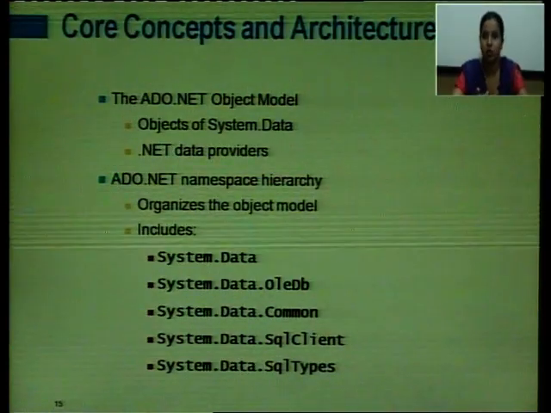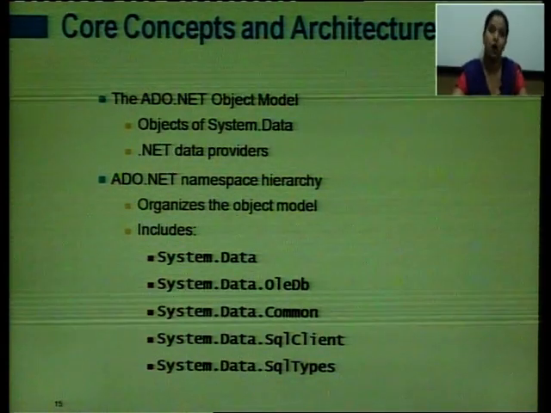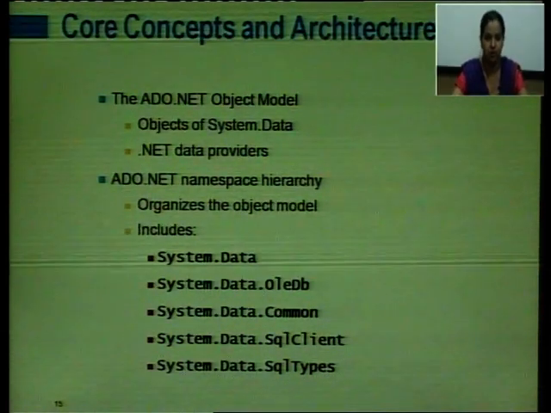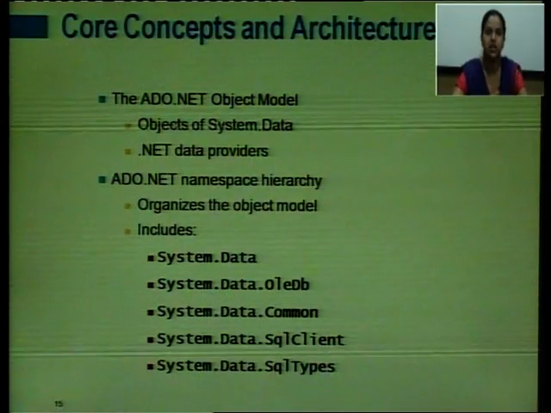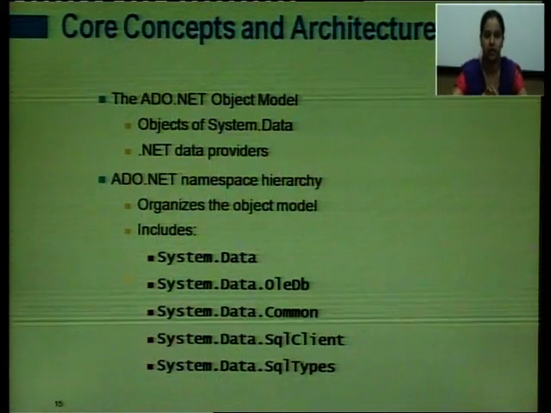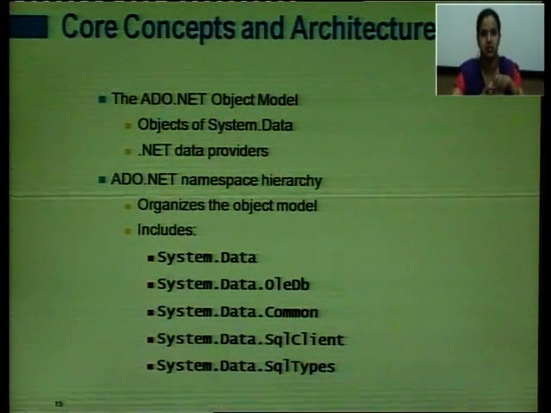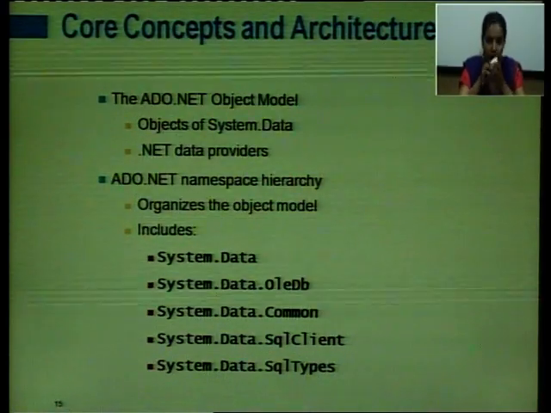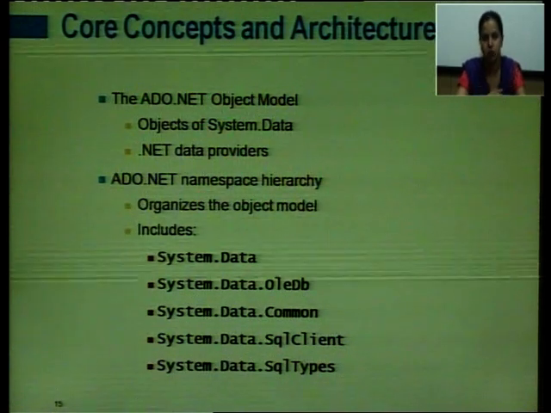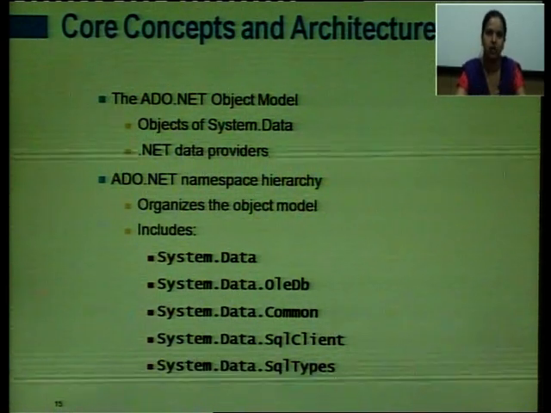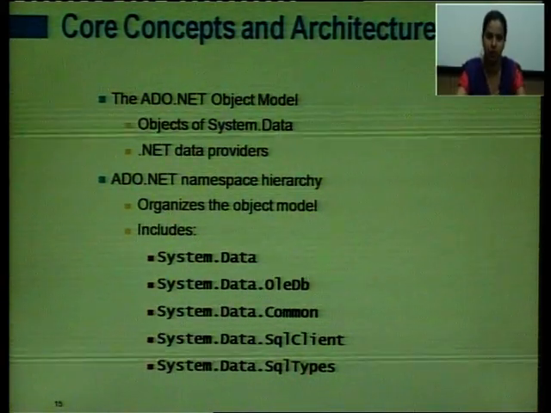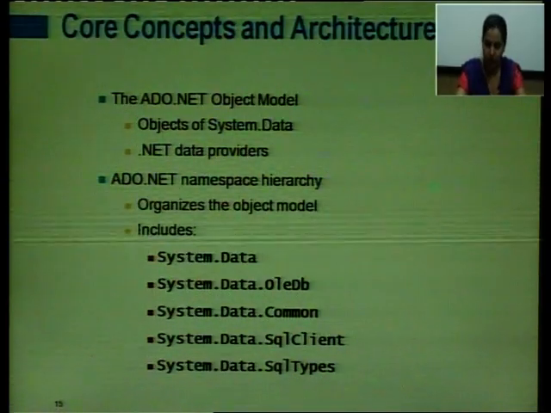Here you see the core concepts and the architecture, how this ADO.NET works. The ADO.NET object model includes objects of System.Data, meaning the main object through which you can access the data is System.Data. Then .NET data providers; these .NET data providers help us to provide the data. Then the namespaces which we mainly use with ADO.NET are System.Data,